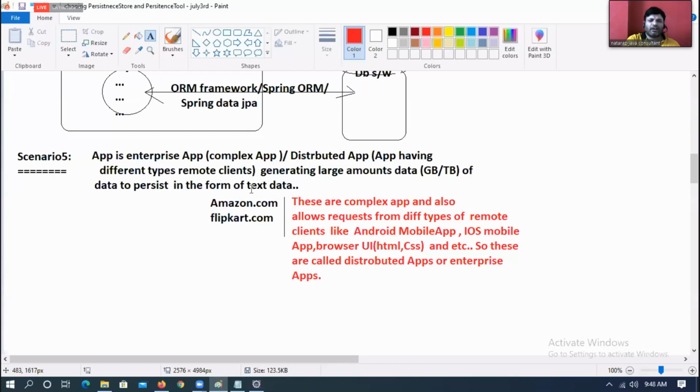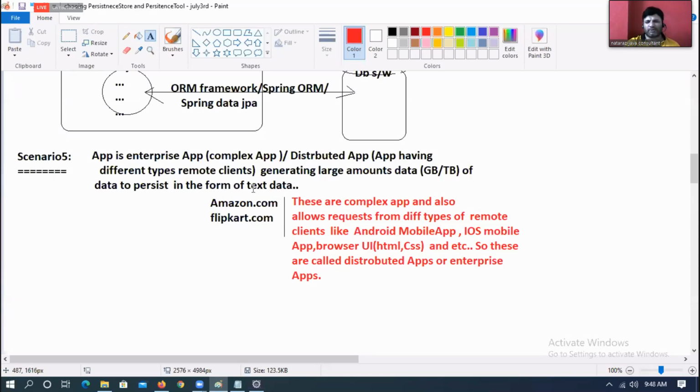If they are giving objects based data, then think about ORM concepts. But generally, large amounts of data, we generally don't prefer using the objects model. Then we go for text only, so that we can use JDBC.